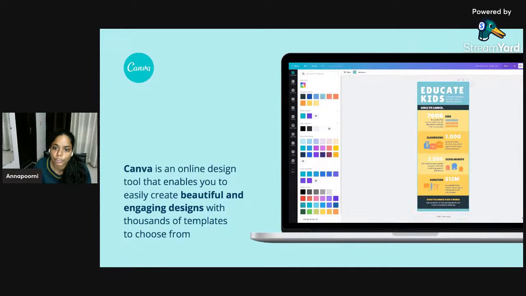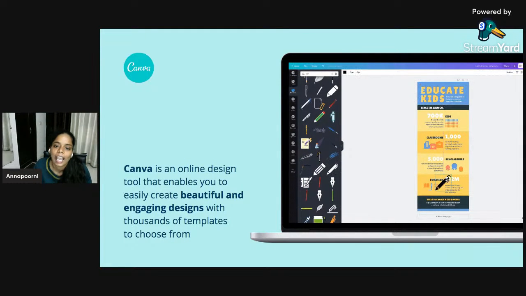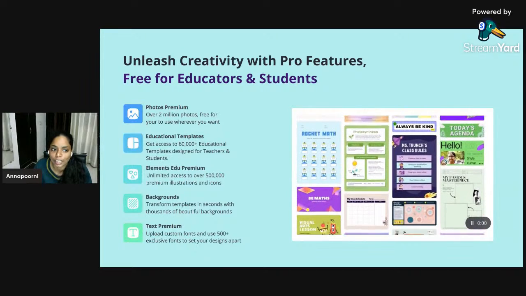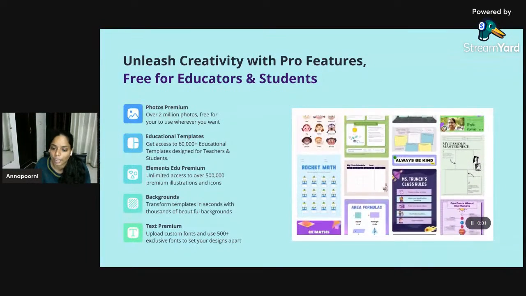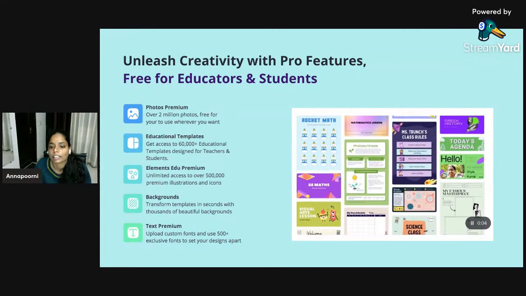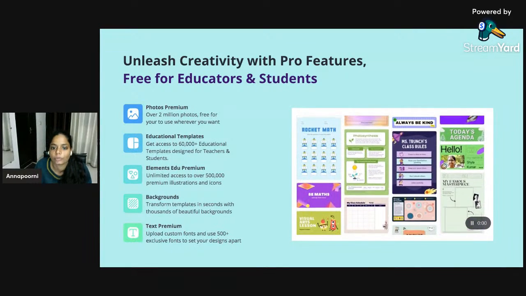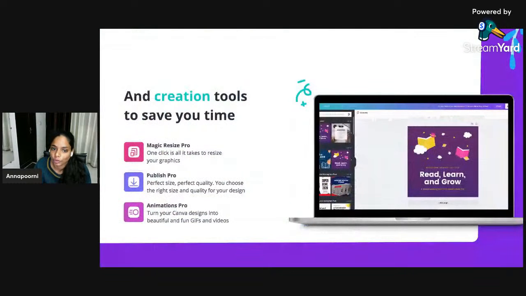So great. This is our Canva version. We have beautiful and engaging designs, which we always had, but now we have it specifically for you teachers and for your students, which is something we're very excited about. For any topic that you want, you can type it on Canva and you should be able to find at least 50 templates that you can customize and change into your language, even on a basic mobile phone. So it'll save you time.